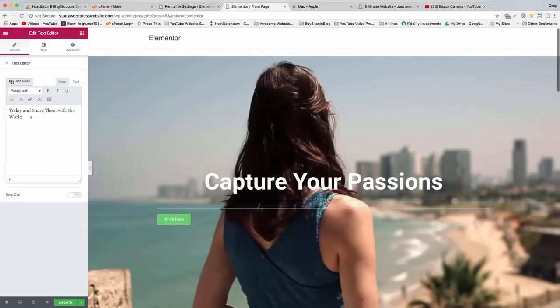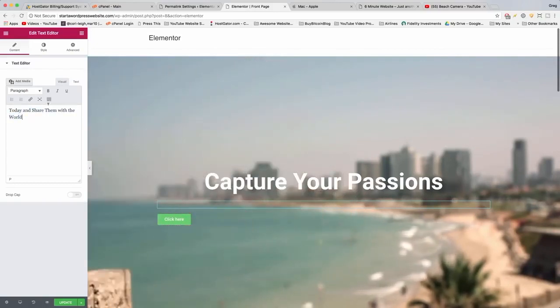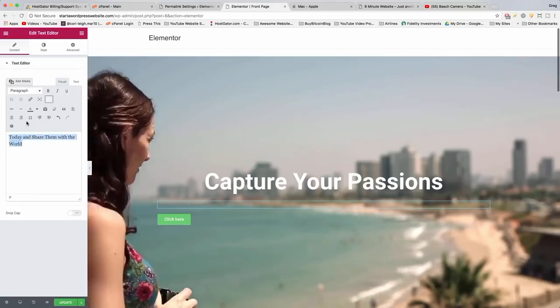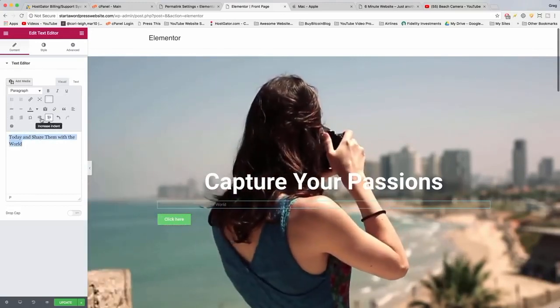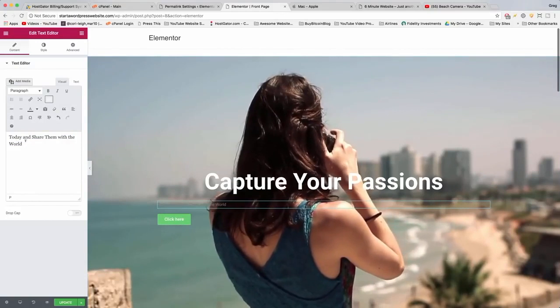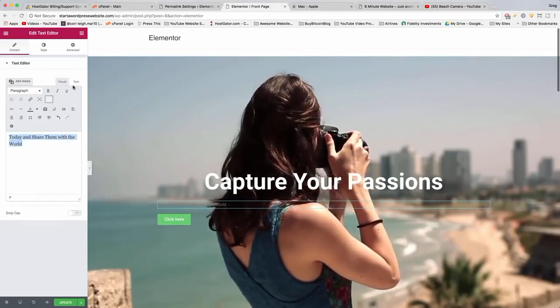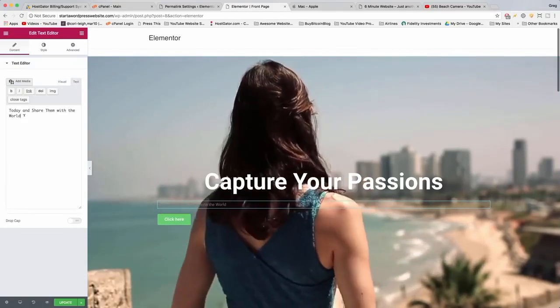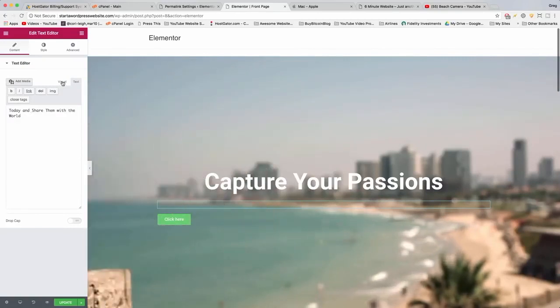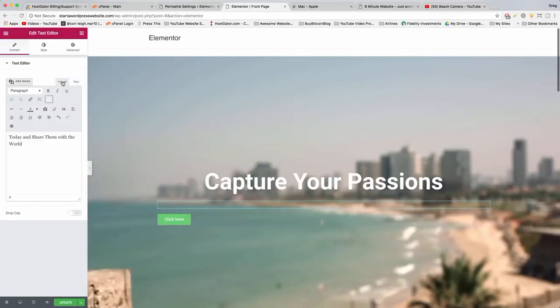All right, so the old WordPress way of changing up these text editors, like in a blog post, is to click on the kitchen sink right now, toggle toolbar, and then you can highlight it and change the color or center it and stuff like that. But I don't want you to do any of that. Just leave the text blank, because when you do those things, it creates little pieces of code around the text right here. We don't want them because Elementor is going to actually do it for us, and